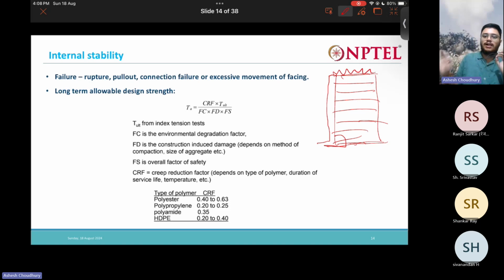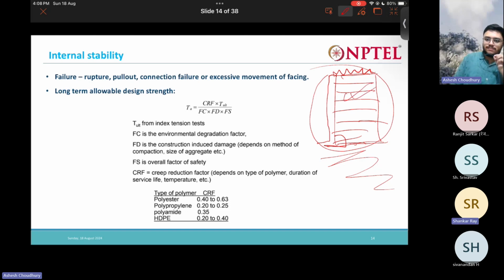Fine, you are satisfied. Now what happens if the foundation soil is not able to take the load of this wall? Then what is the use of designing this reinforced earth wall? There is no use, right? So that is the external stability check. The whole structure as a whole, after designing, should be safe externally. It should be safe in sliding, which we discussed, bearing capacity and overturning.